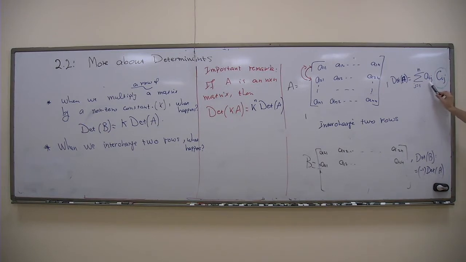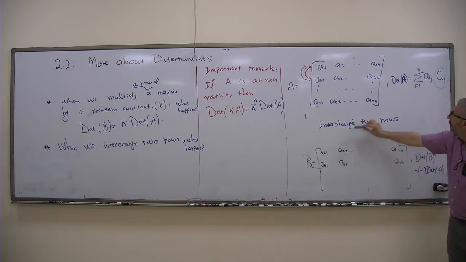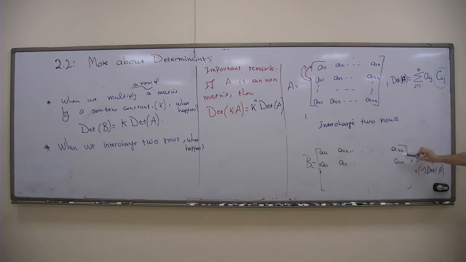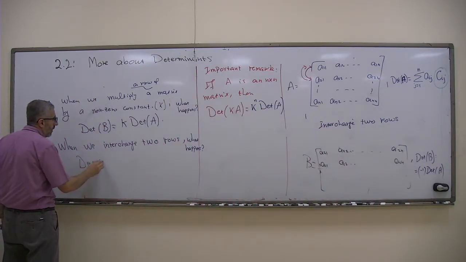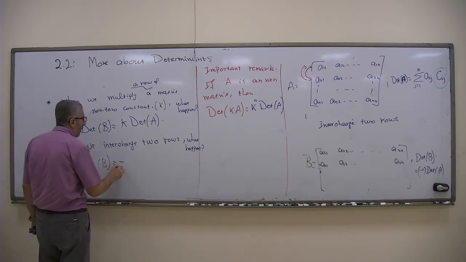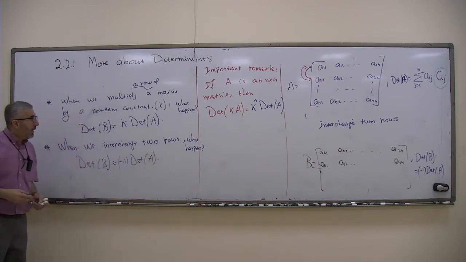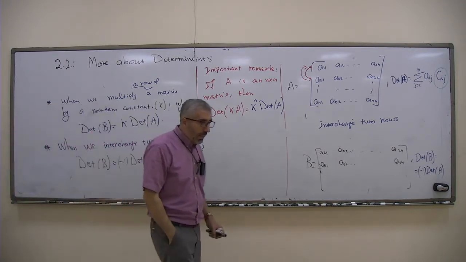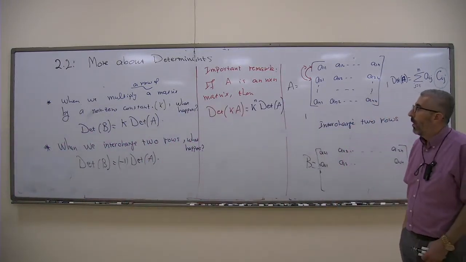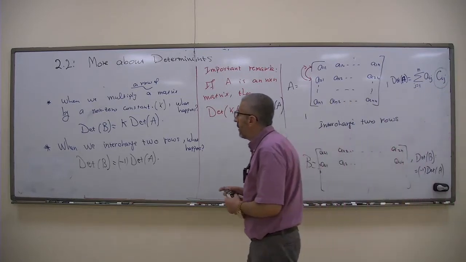And the reason is because we can use that here to get the same thing, but in that case, the difference will be in the cofactors, okay? And that will be a negative sign. So here we get determinant B is -1 determinant of A. So that is the second elementary row operation we can do, and here is the effect on the determinant. What about the last one? The last one, if you multiply a row